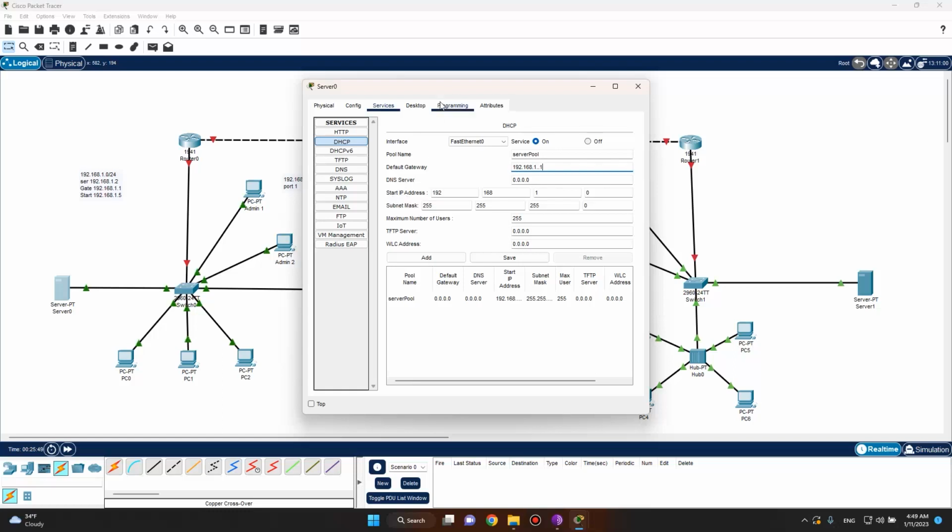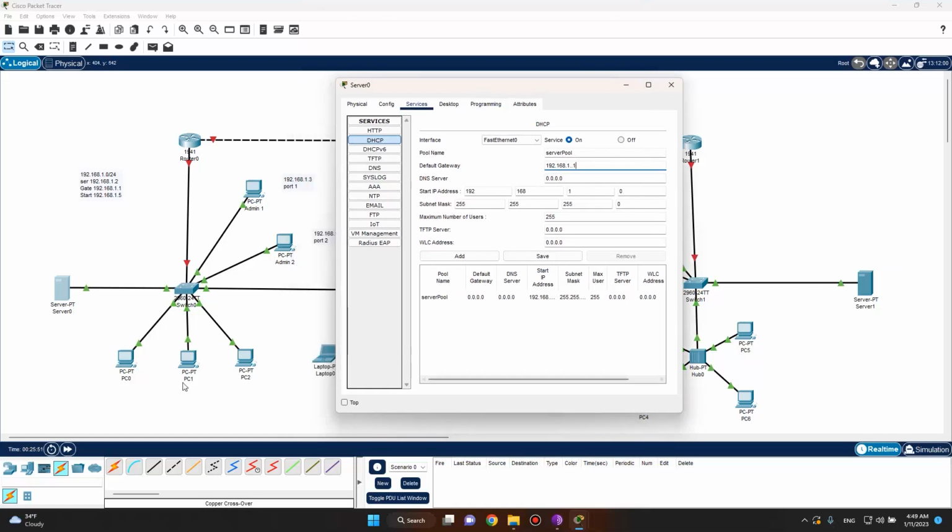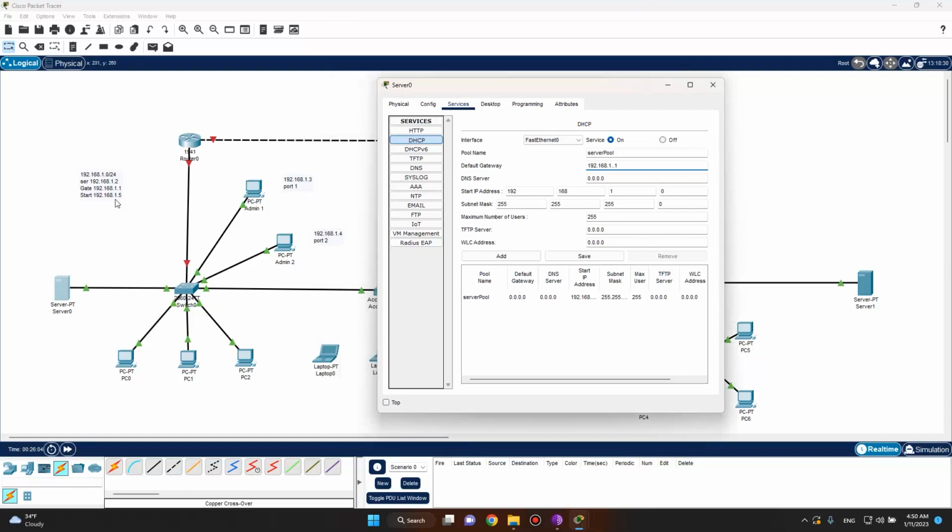The start IP of these six end devices must be here, because I have the second, third, fourth IPs here, so I start with 5,